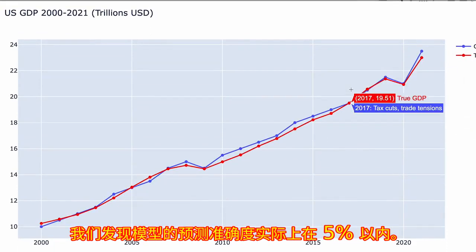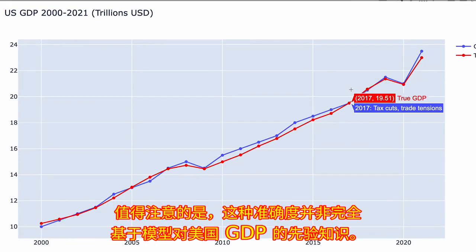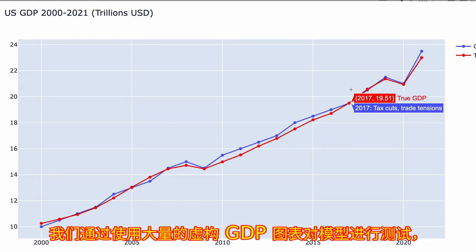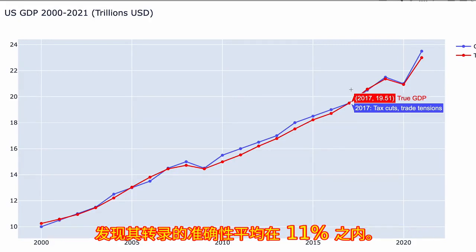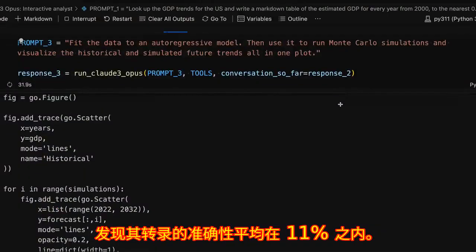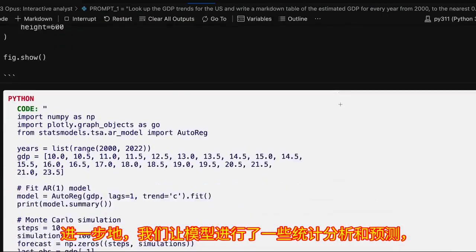And by the way, Claude's transcription here isn't just coming from its pre-existing knowledge of US GDP. We tried it with a large sample of made-up GDP graphs, and its transcription accuracy was within 11% on average. Next, we asked the model to do some statistical analysis, projecting out